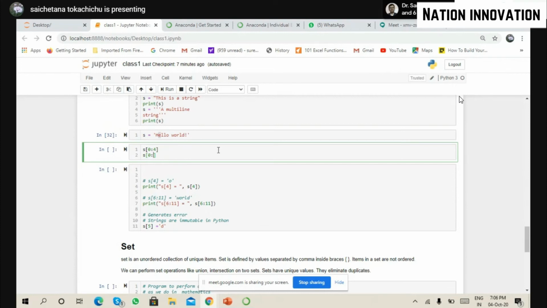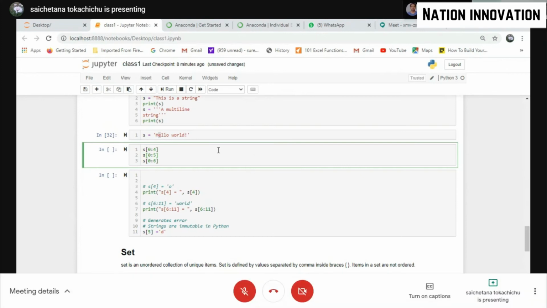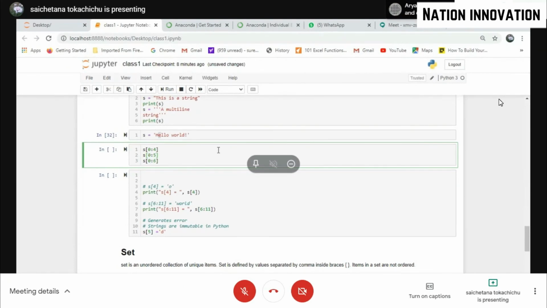Should I write 0 to 5, 0 to 4, or 0 to 6? 0 to 6 will also add the space. Which one? 0 to 5 is okay.